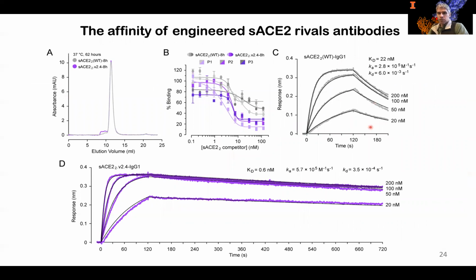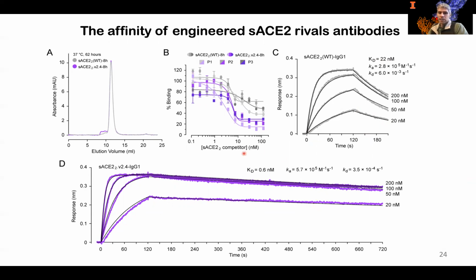Looking at the wild type receptor here, looking at biolayer interferometry kinetics, the first 2 minutes are looking at association, monovalent affinity here between wild type ACE2 and the viral spike. So there's a good association, but then after 2 minutes, there's also pretty good dissociation as well. And that limits the affinity to a KD of around 20 nanomolar. But for the engineered high affinity decoy receptor with 3 mutations shown in purple, again, there's a good on rate for the first 2 minutes, but now the off rate is markedly reduced. It just doesn't fall off that well.